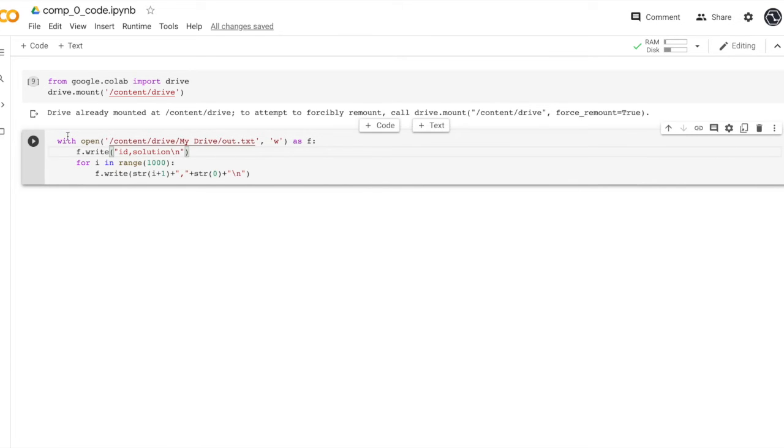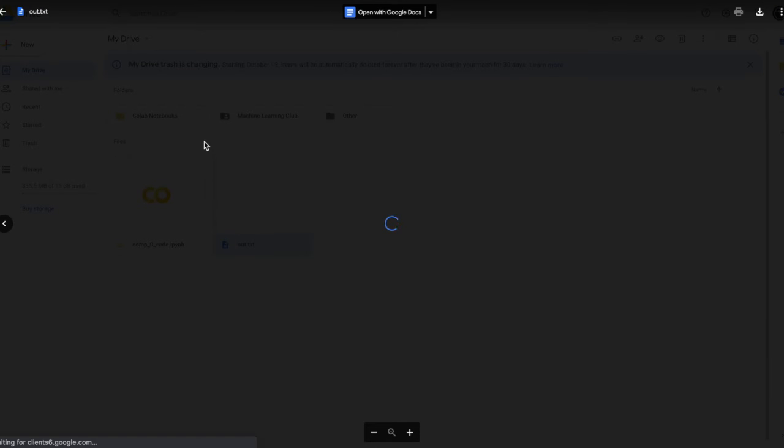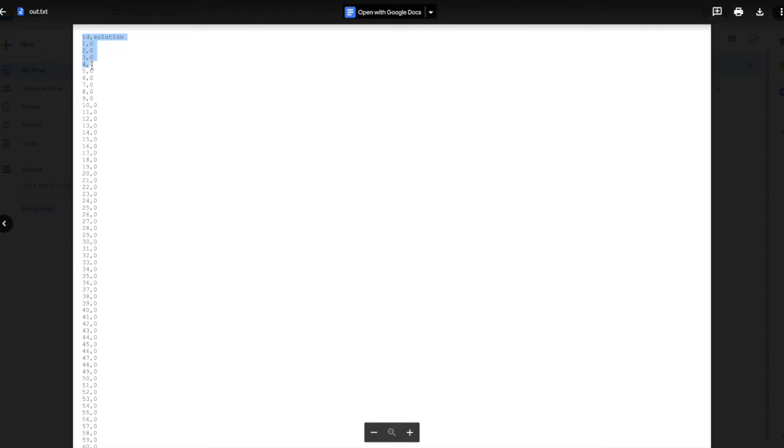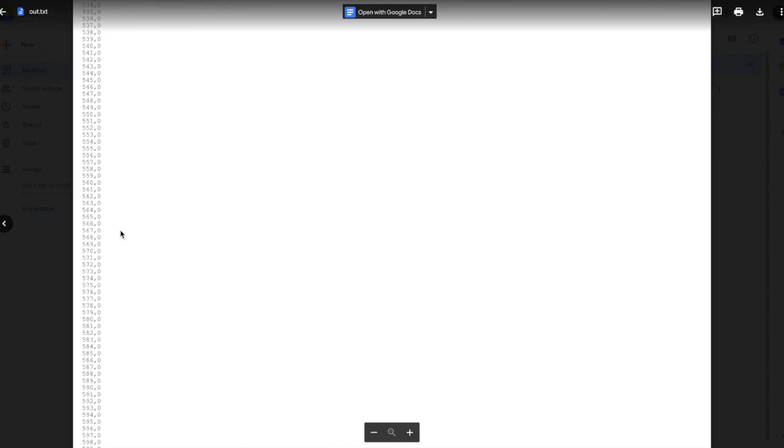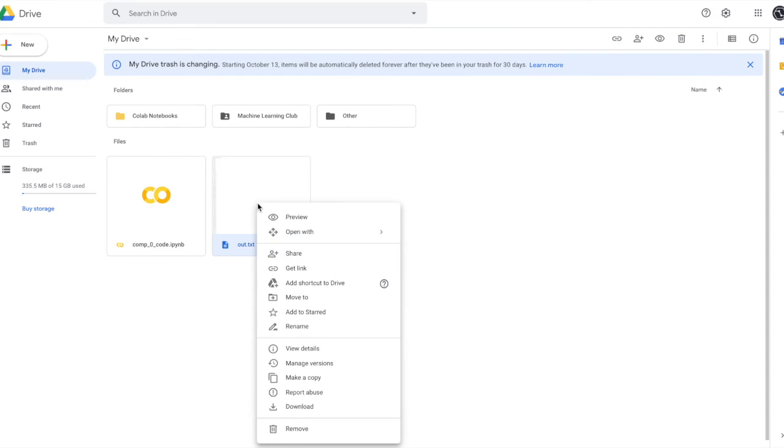side. And so if we run this, it'll take some time, but if we go to Google Drive, this is the Google Drive and this was the code that we just ran. You can see that the output text file just showed up, and if you click that, it's in the appropriate format that's required. And we have the header here, and then 1 comma 0, 2 comma 0. So these were the IDs and these were the zeros, and there's 1000 of these. So that worked, and then we can just download this